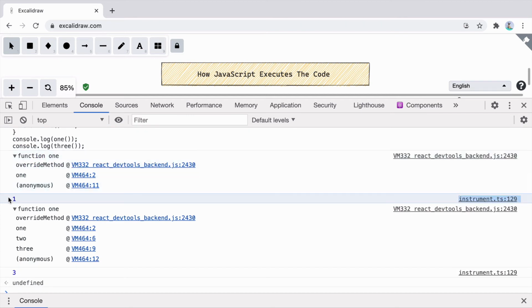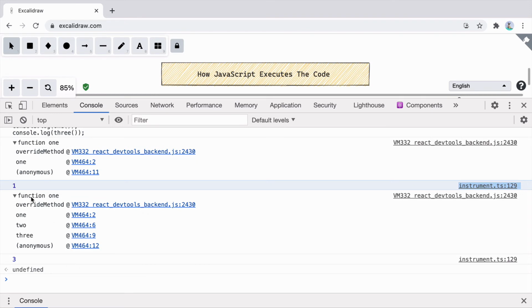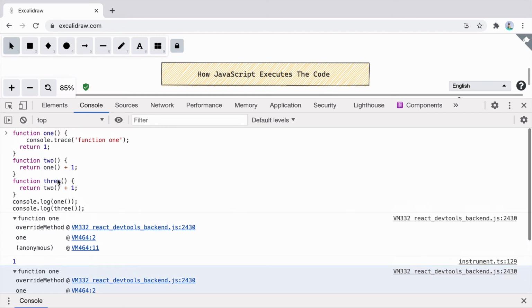After that we got the log 1. Then you're calling function 3, 3 is calling 2, 2 is calling 1. And inside 1, we are doing console.trace. And here you can see that right now you're calling 1, but inside the call stack you have 2, 3, and anonymous, that is console.log. So this is the status of the call stack right now. So looking at this, you can understand that only if 1, 2, and 3 are called, this anonymous function will be called. So using console.trace, you can make your debugging a lot easier.